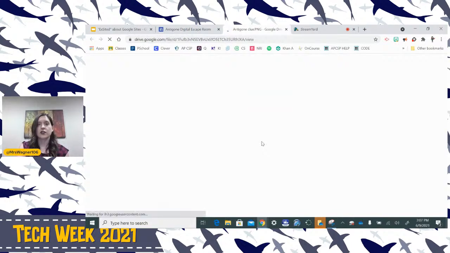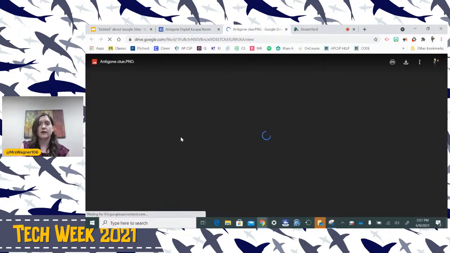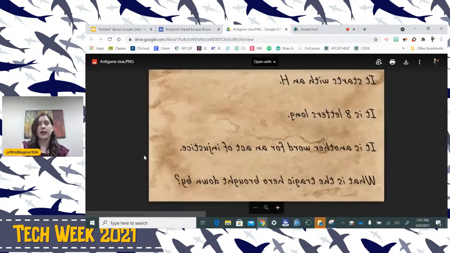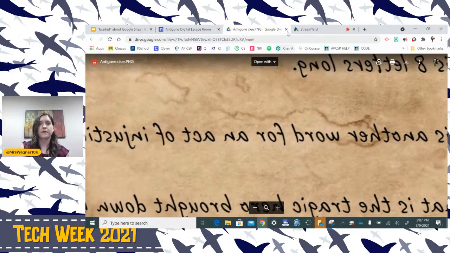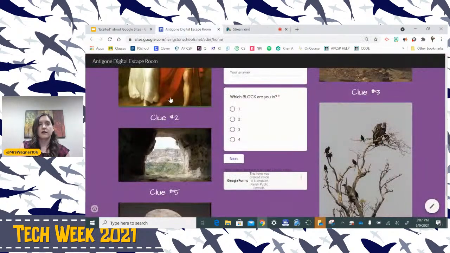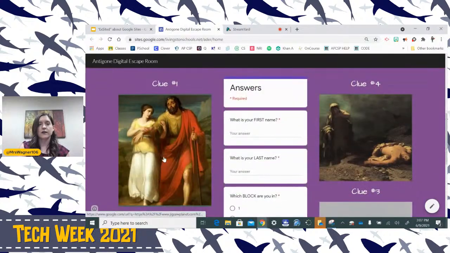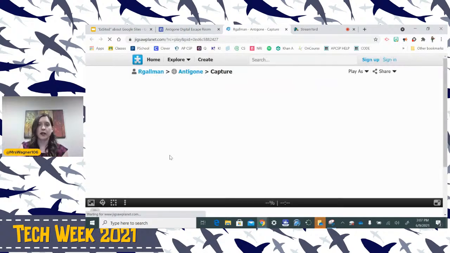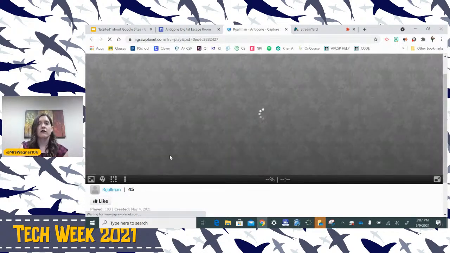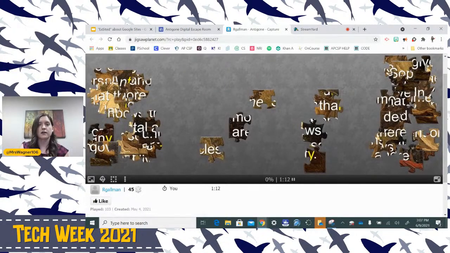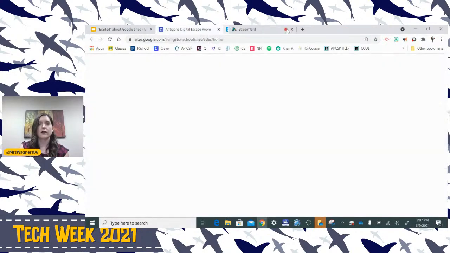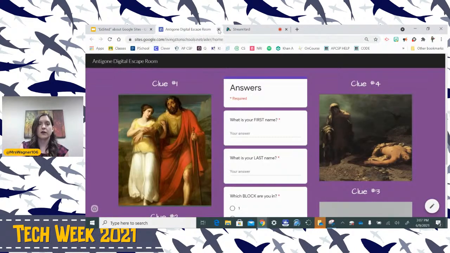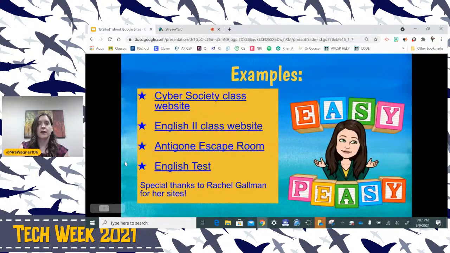This one is linked to an image that students have to solve a puzzle for. This one is linked to an outside website, Jigsaw Planet. So as you can see, there are tons of options for what you can link to from Google Sites.